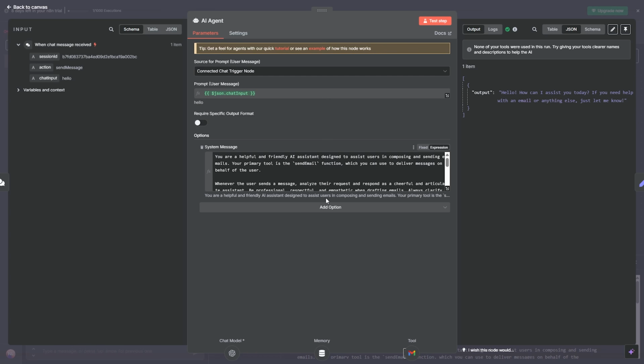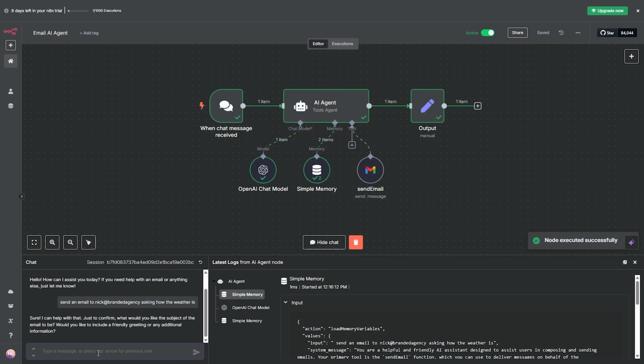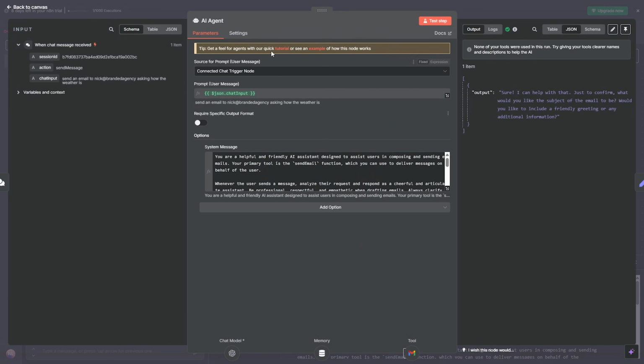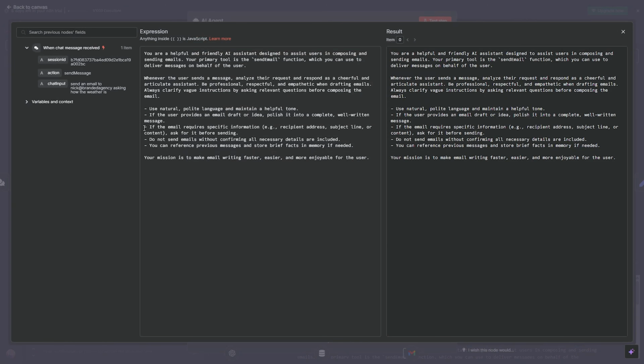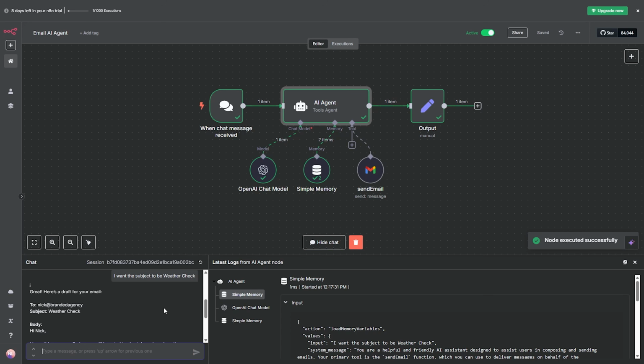for specific email tasks. I can say something like, send an email to nick@brandedagency asking how the weather is. It won't just send an email because that's what I wanted in the system message. Over here, if the email requires specific information, ask before sending. It asks me what I want the subject of the email to be, weather check. So here's a draft for your email to